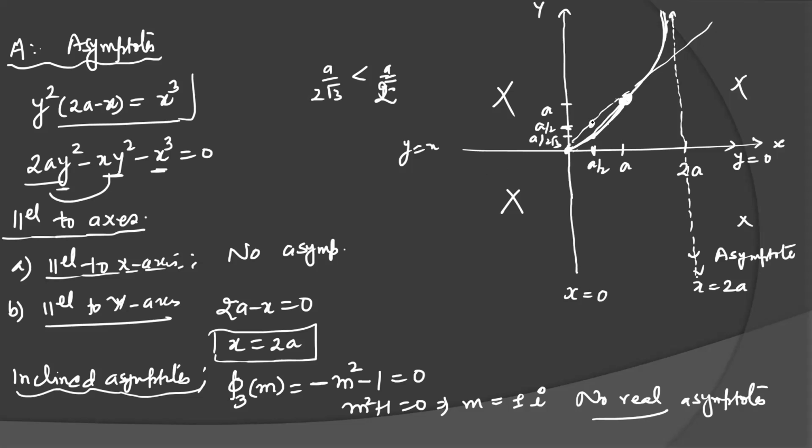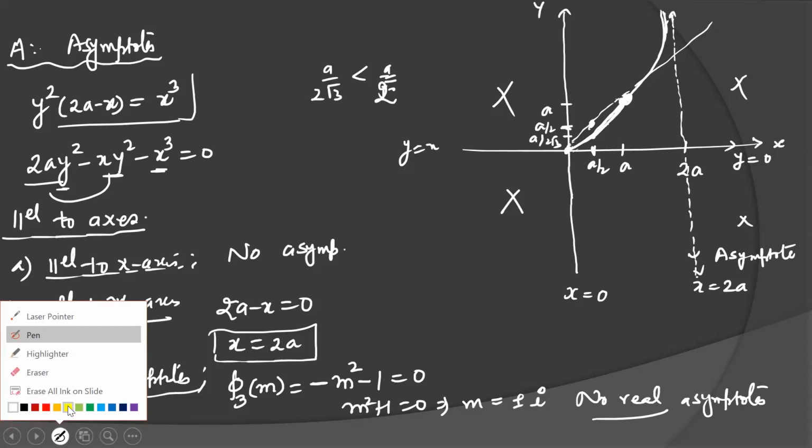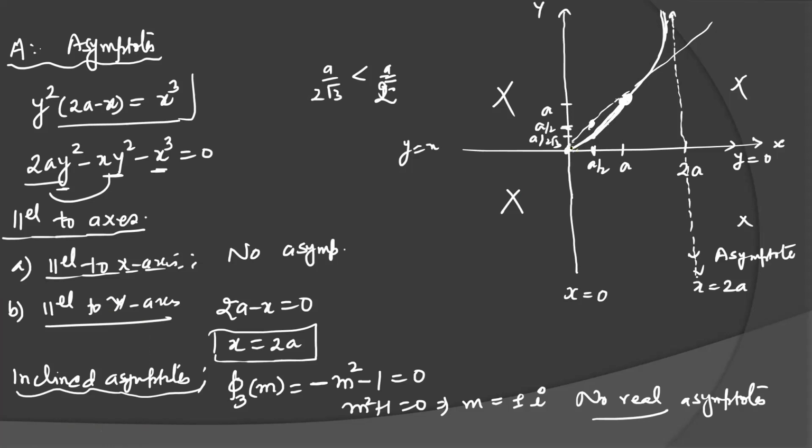But on the line you are getting a by 2, while on the curve you are getting a by 2 root 3. It means our curve will lie below the line up to a. After a, it will cross the straight line and be above the straight line. So actually our curve will look like this. Don't draw a straight line tracing; I am tracing here for better understanding. This is your actual curve, and this is your asymptote, so it will not touch it.